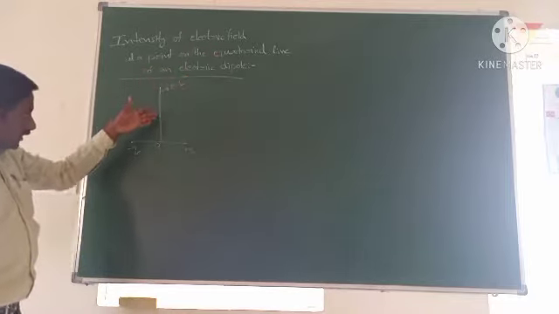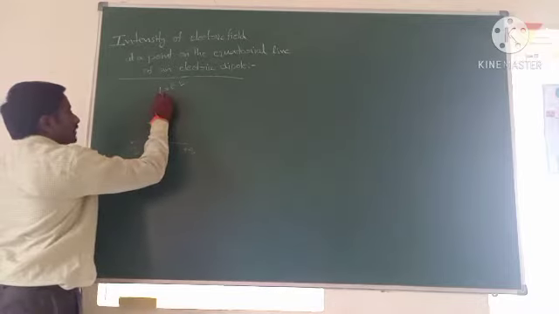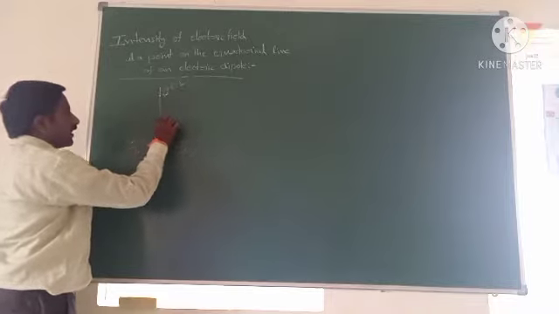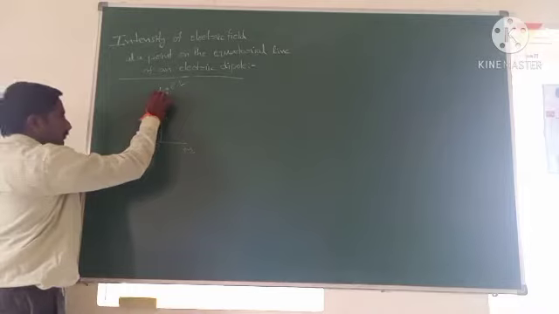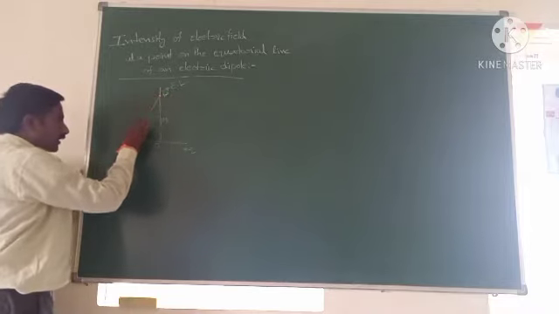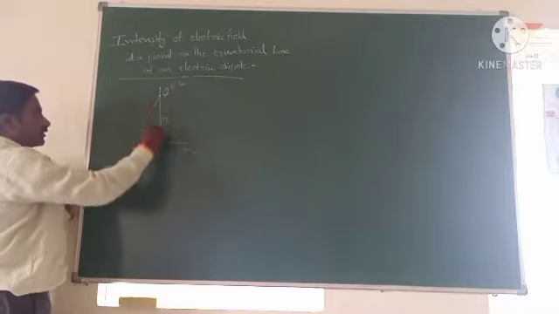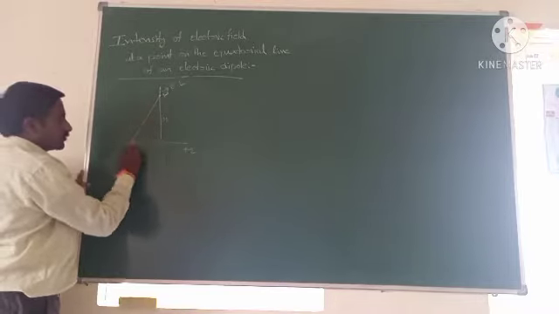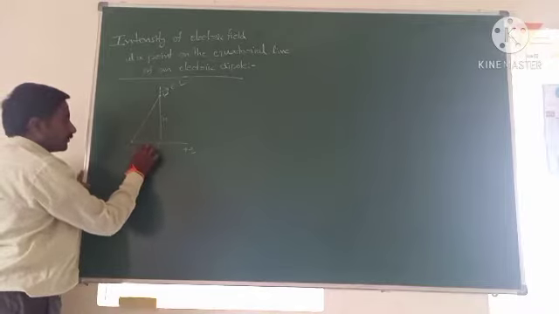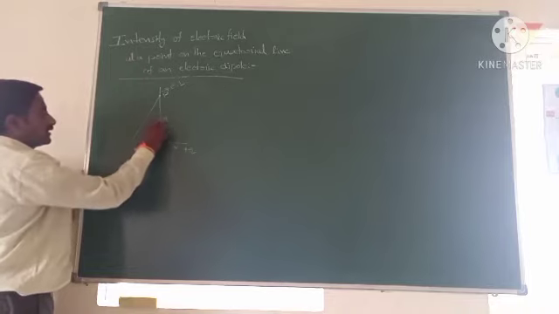So this is the equatorial line of an electric dipole. Now I am considering a point P on the equatorial line at a distance r from the center of the dipole, and the distance between point P and minus q charge can be calculated according to Pythagoras. So this is the triangle here. This is the center of the dipole. The total distance is 2a, which means this is a, this is a. This length is a, this length is r.